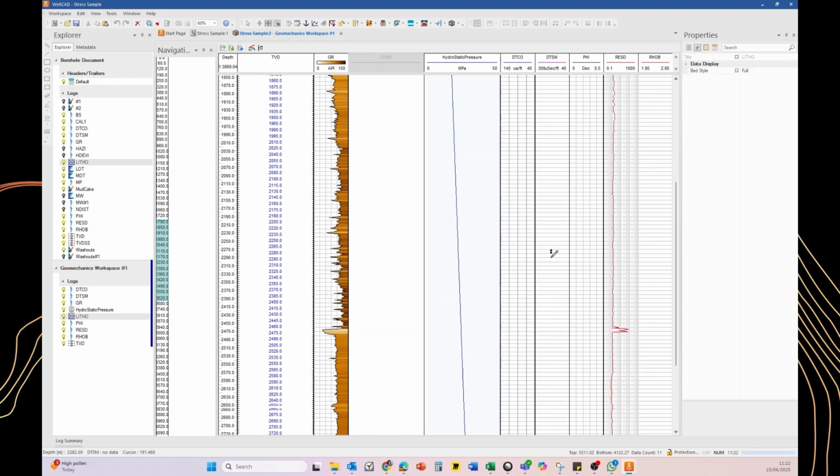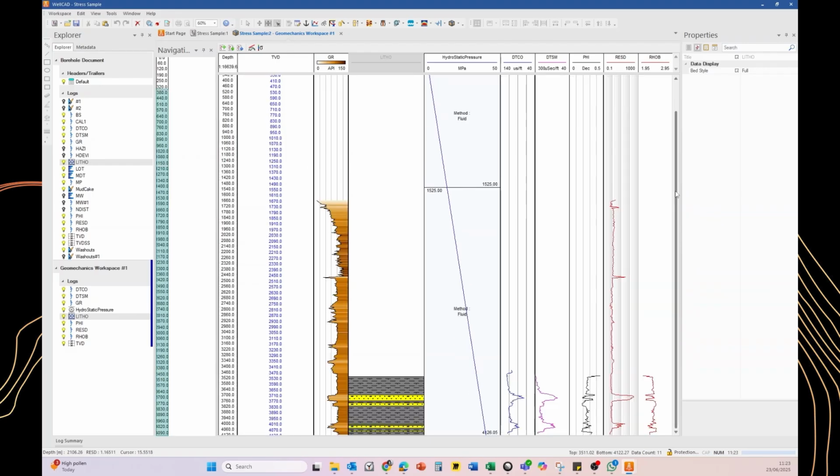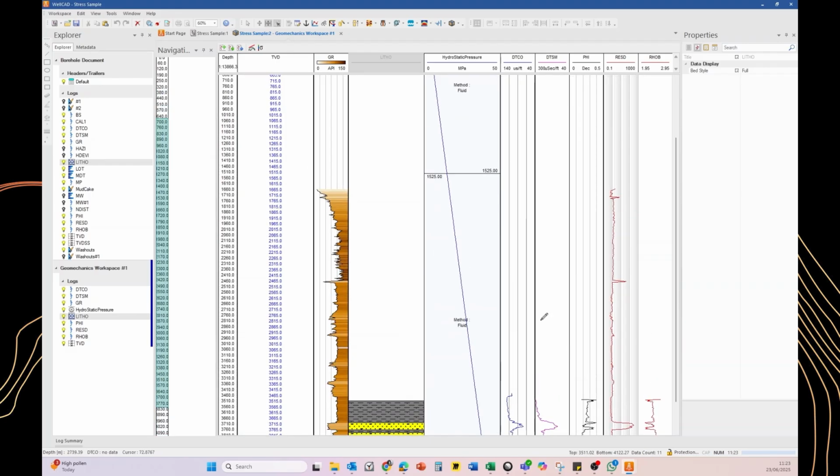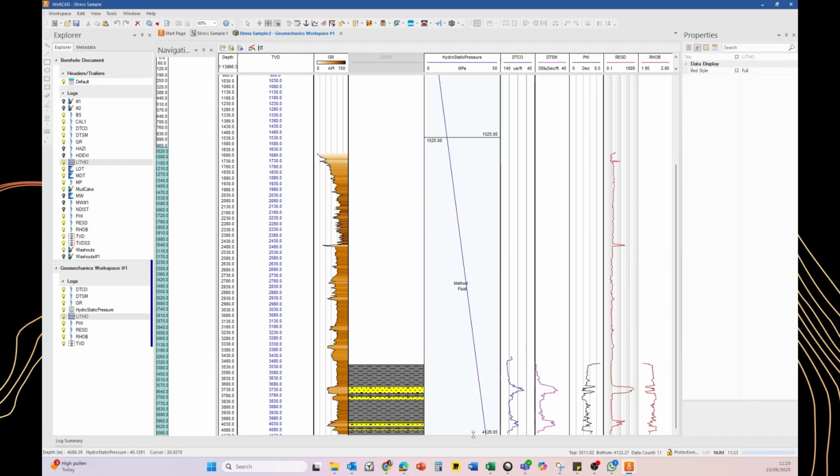It is a very long length of almost 4,100 meters. There are different sections in this wellbore and different casing points. We can see the whole well, and we can see that most of our data set is concentrated at the lower section of the borehole. And that's where we want to focus. But for the first calculation of the hydrostatic pressure, we are going to use the whole length of the well.